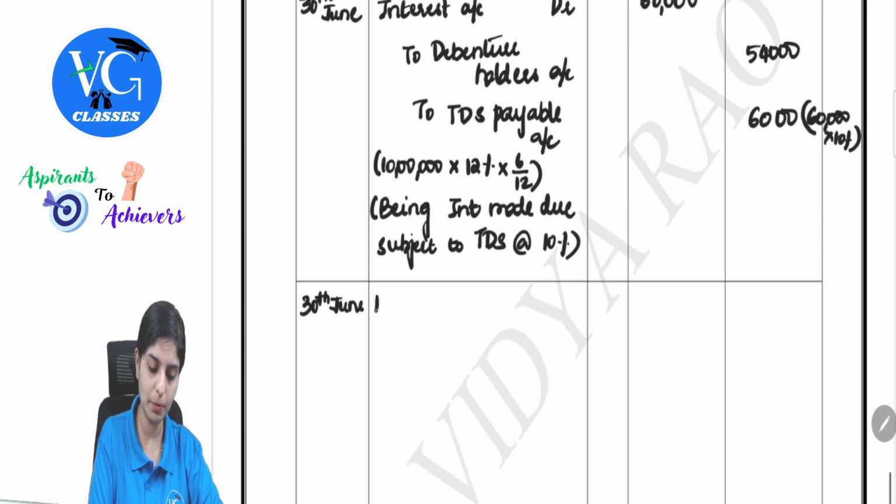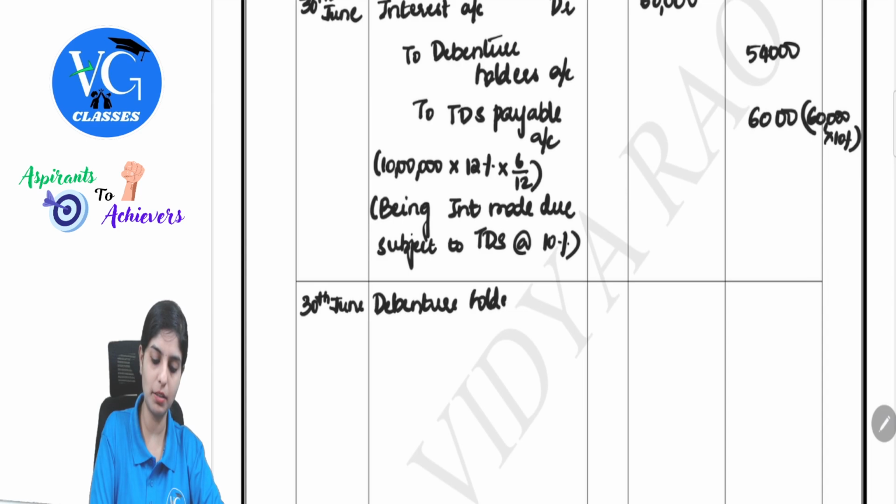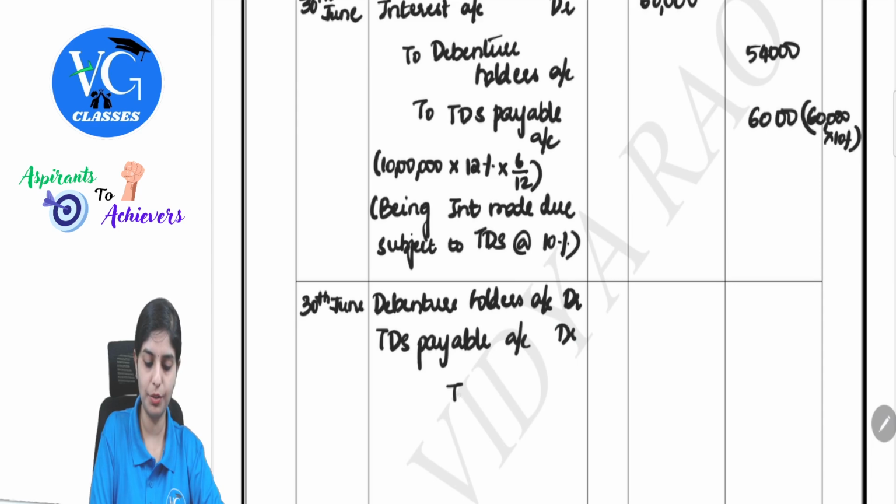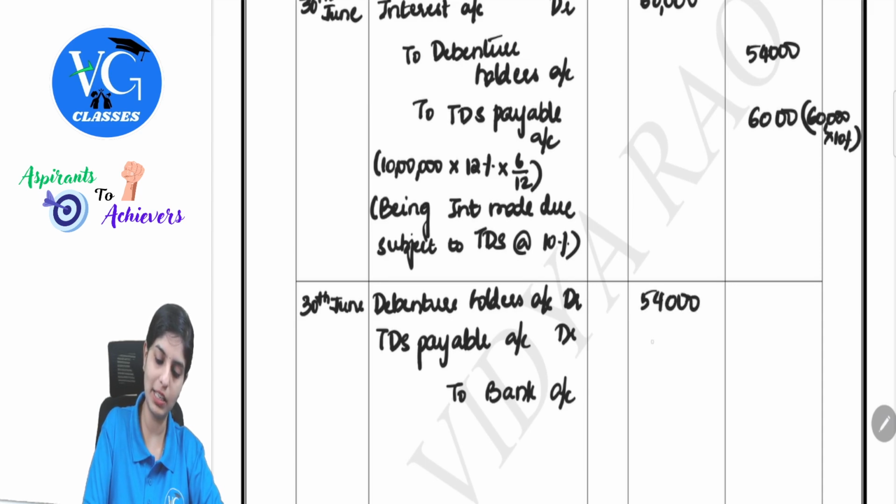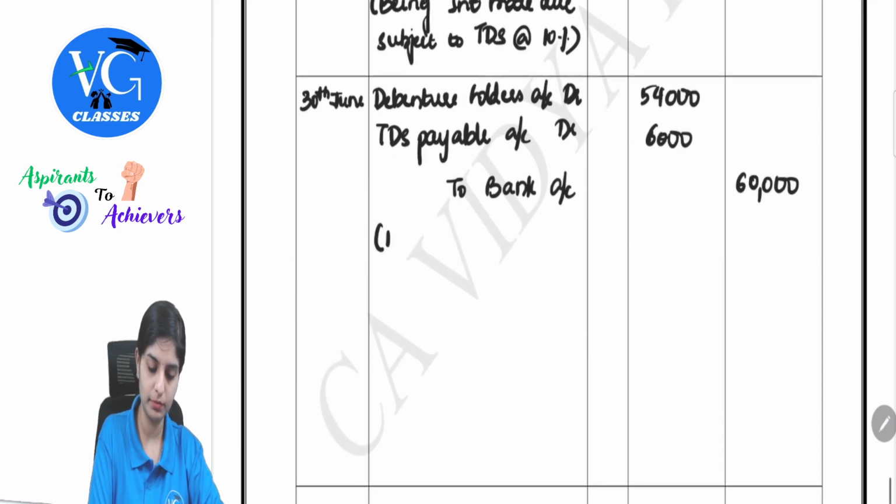So the entry will be debenture holders account debit, TDS payable account debit to bank account. Debenture holders 54,000, TDS was 6,000. So the company has to release 60,000. Being interest paid